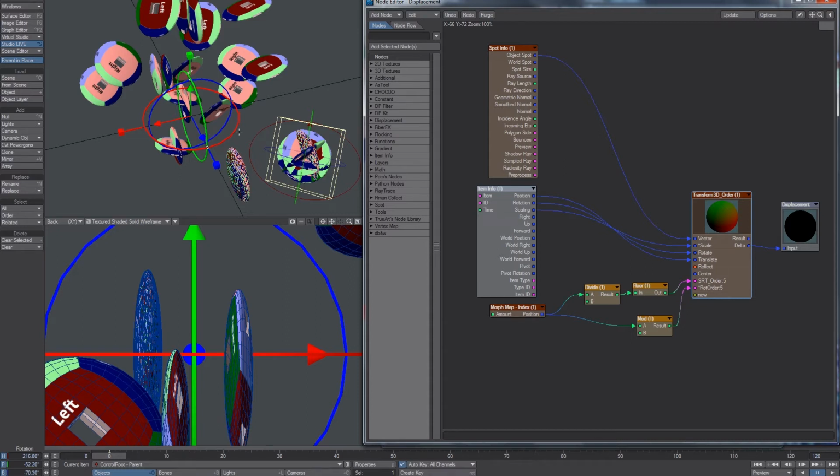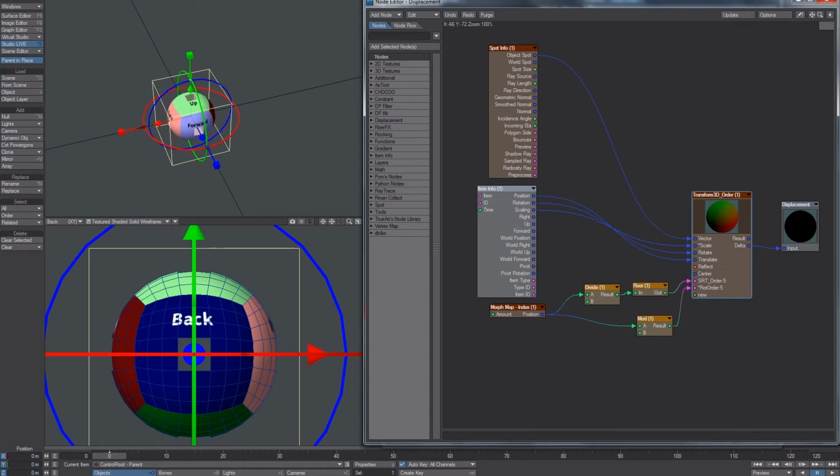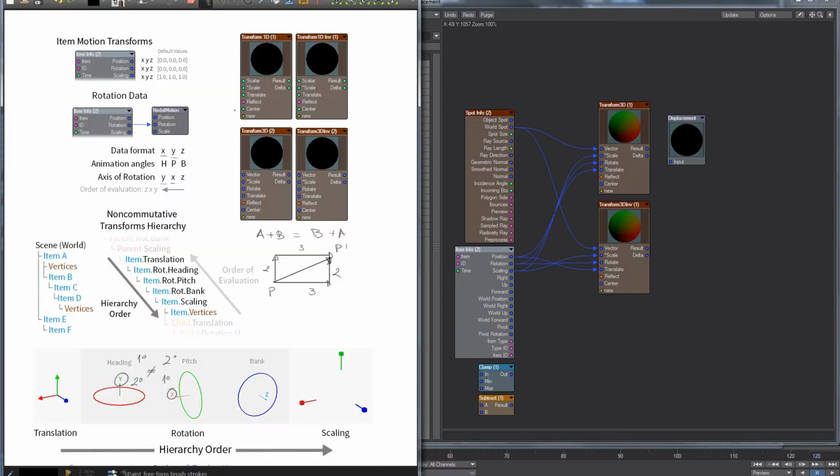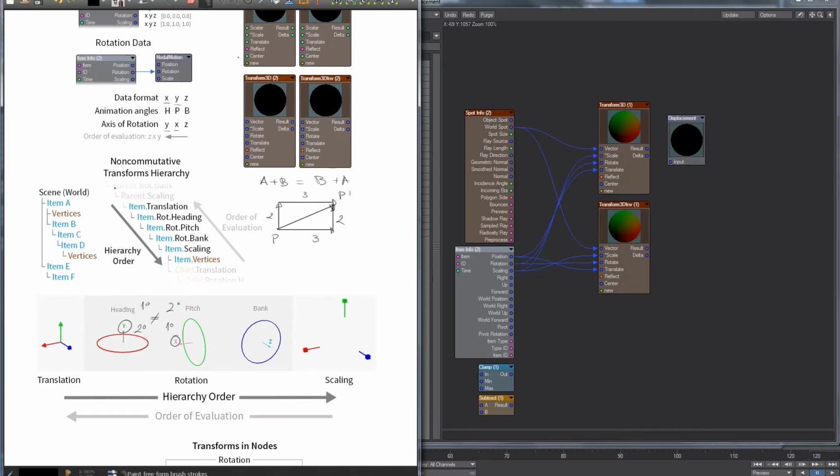And so I'm going to reset this. And I'm going to disconnect this here, and I'm going to talk about the order of the hierarchy and the order of evaluation. So this is the standard hierarchy order for the transform 3D that we are so familiarized with, so we are so used to. But how do we